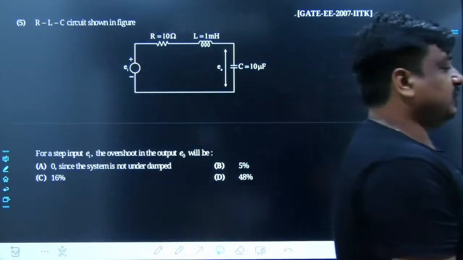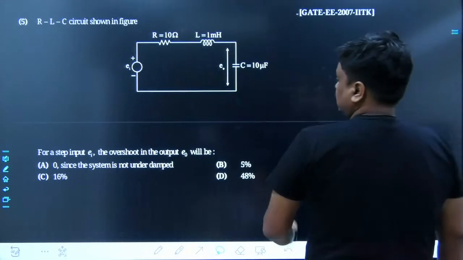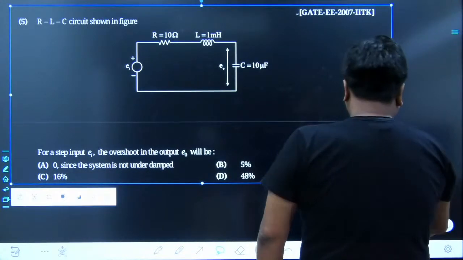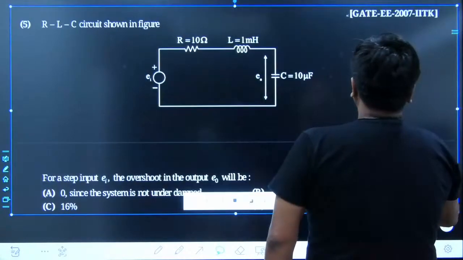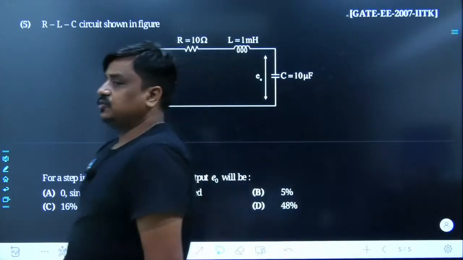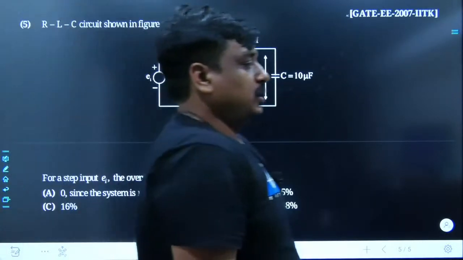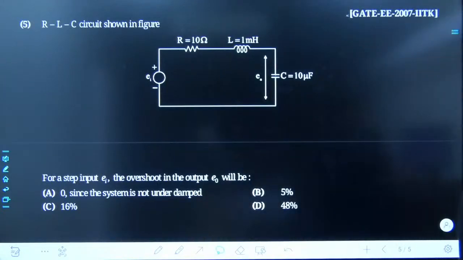And you can expect this sort of problem in the near future, because so far the questions which had been raised had been more mathematical. Circuit related problems had not been asked very much. So you can expect this sort of problem in future. Pikorab, Amit, tell me what could be the best answer.